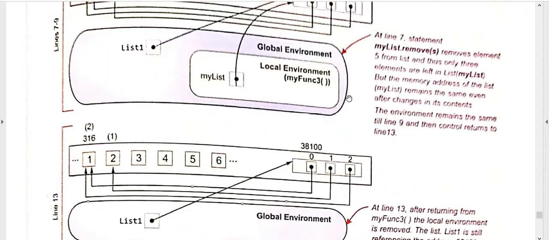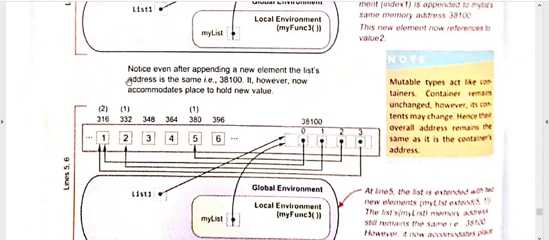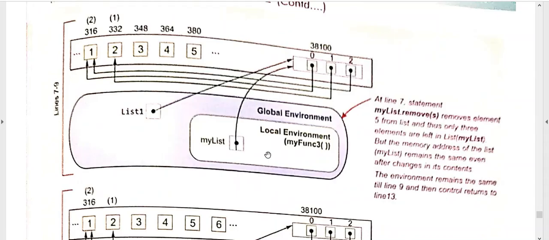Fine. So now we have removed that 5, the 5 link has been removed. So now the third element will be 1. Initially it was 4 elements, 0 1 2 3, and the third element was pointing to 5. Now we removed 5. Now the third element will point to here. This 5 has been removed. So the updation is like this. It is pointing to 1, then 2, then again 1.